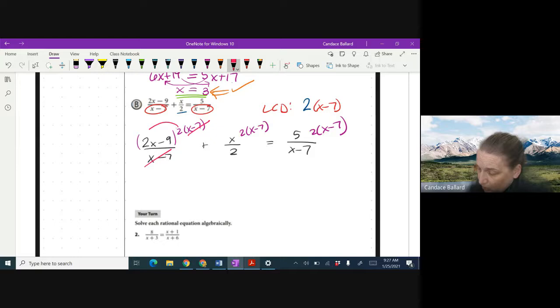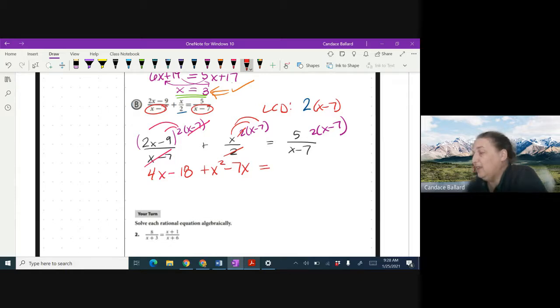So we are going to distribute this in. When I distribute it in, I get 18x. I'm multiplying wrong this morning. I get 4x minus 18. That's better, right? Okay. In this second term, I'm going to cancel the 2's. This time I have to distribute x. So that would give me x squared minus 7x. All right, and then it equals, I'm going to cancel the x minus 7, so I get 5